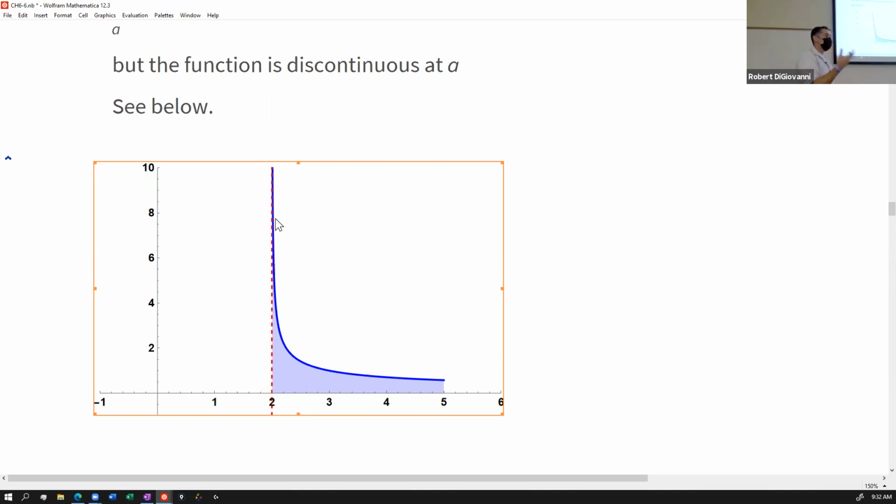With vertical asymptotes, we run into the same issue. So here, if I wanted to know what the area there was, do y'all see I'm not letting x go to negative infinity or positive infinity? I'm looking on an actual finite interval, 2 to 5. But I still have this problem in here because of the vertical asymptote. So this